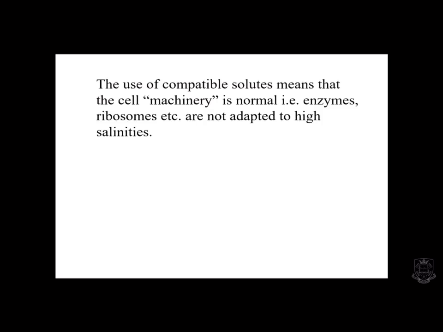So for example, in Dunaliella, the algal undergraduate saw in the first year lab, all its enzymes are normal, all its internal sort of structures are normal. It's the glycerol that protects the cells at high salinity. So this means that if you can actually produce a compatible solute in high amounts, you don't have to change anything else within the cell. You don't have to make your enzymes be resistant to KCl that we'll hear about next week when I talk about the high salting mechanism.